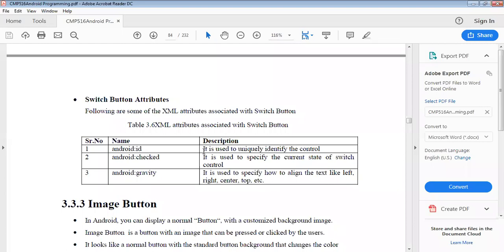ID is used to uniquely identify the control, and checked is used to specify the current state of the switch control. Android gravity is used to specify how to align the text, like left, right, center or top.